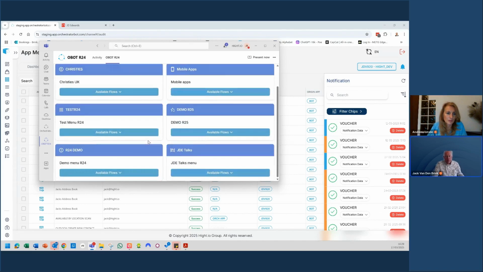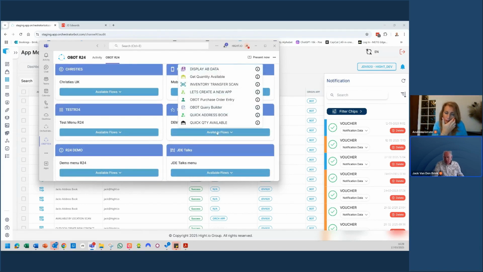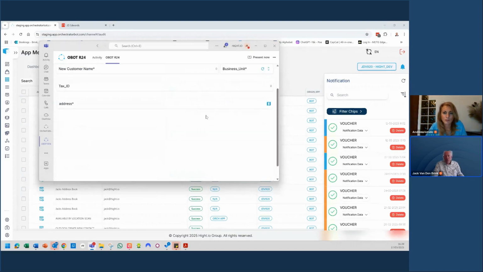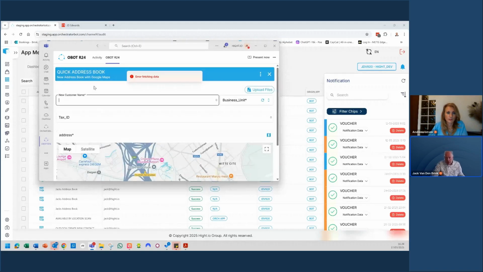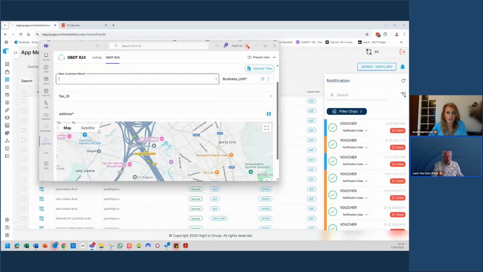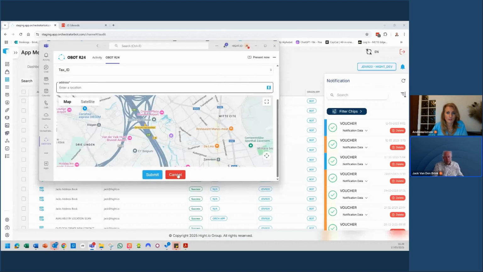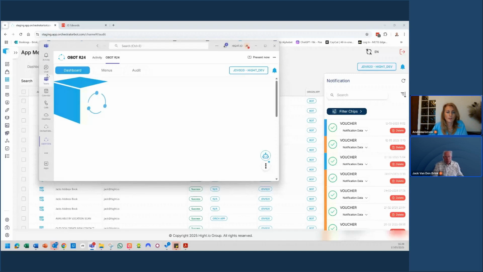And for example, now I have a number of applications here. Let me quickly grab one. So for example, if I want to do, let me see, quick address book. You see, for example, here, there's always a demo, you get errors. But I would here be able to get the data: new customer name, business unit, tax ID, and then, for example, use the Google Map. I will create an application like this in the meantime, later on. So this is, for example, Teams, but also interesting, for example, is